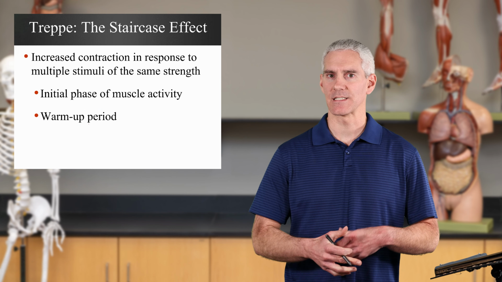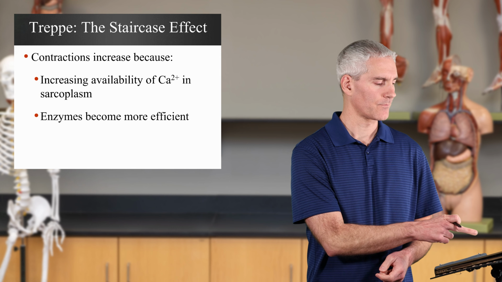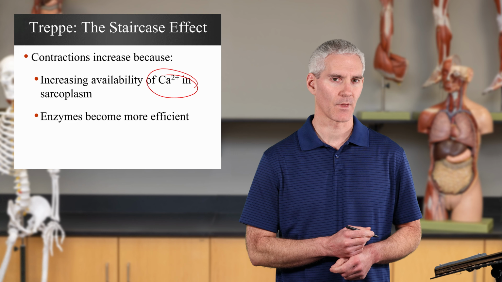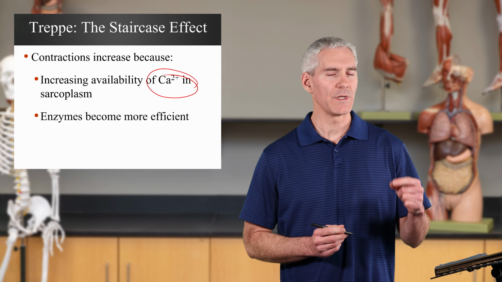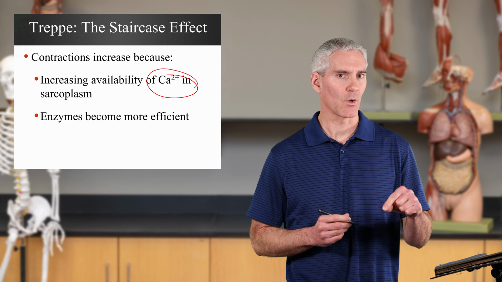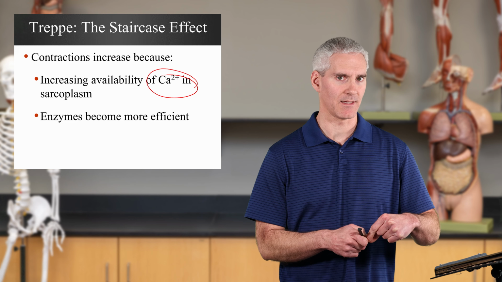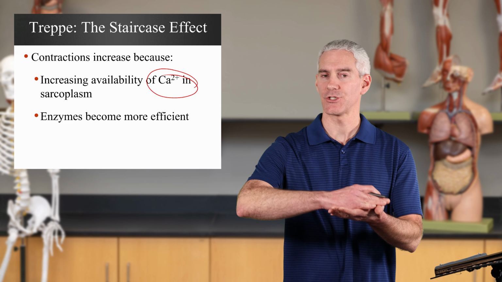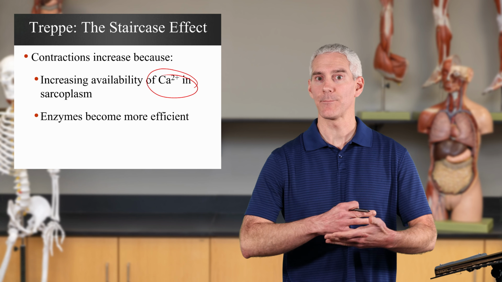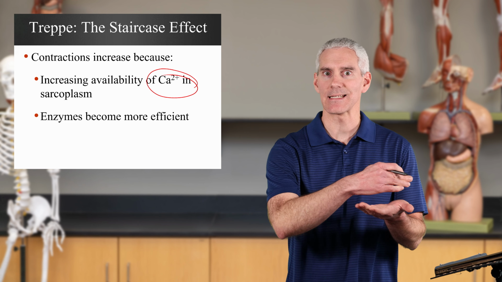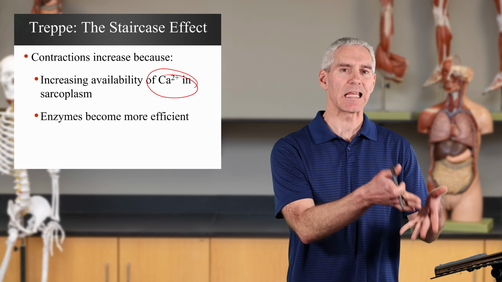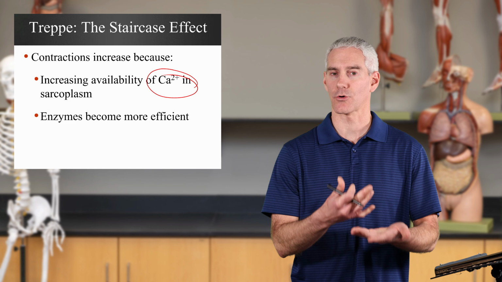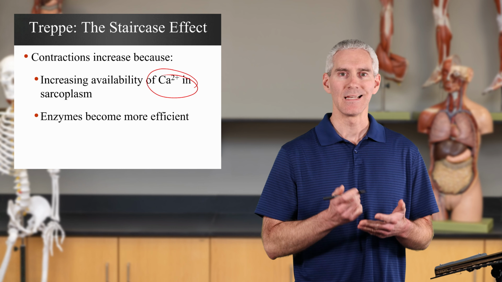This initial phase, this initial warm-up, getting ready phase, is because you're increasing calcium in your muscles. Remember back to physiology. We said that the terminal cisternae released calcium into the muscle cells. That calcium allows troponin to change shape. Well, by having plenty of calcium always present, it keeps that shape changed, keeps the binding sites opened, and makes it easier for myosin to bind, creating tension. Secondly,